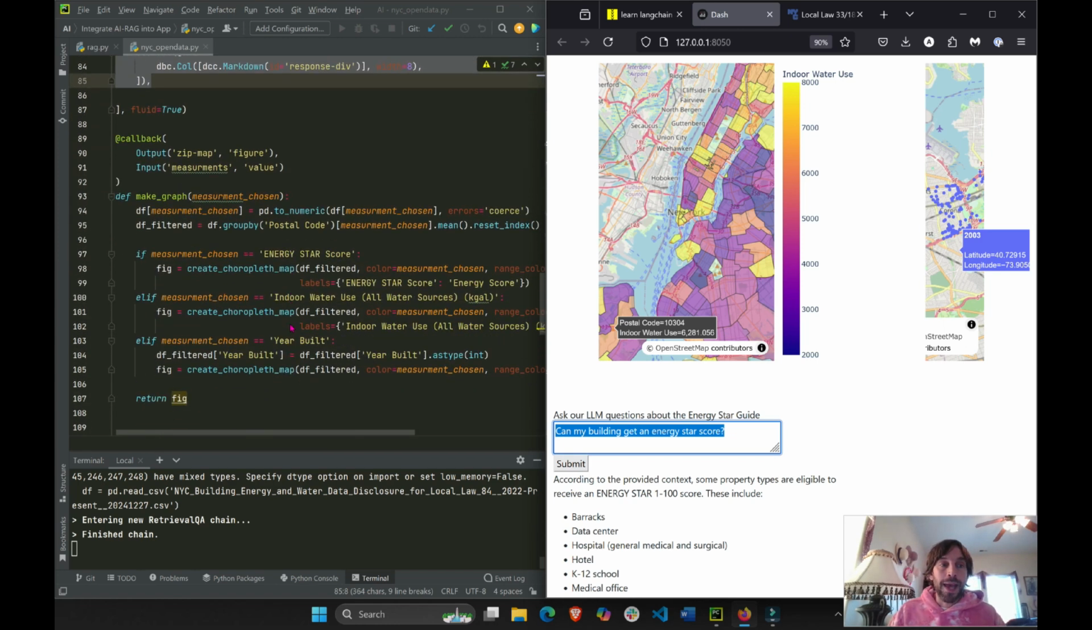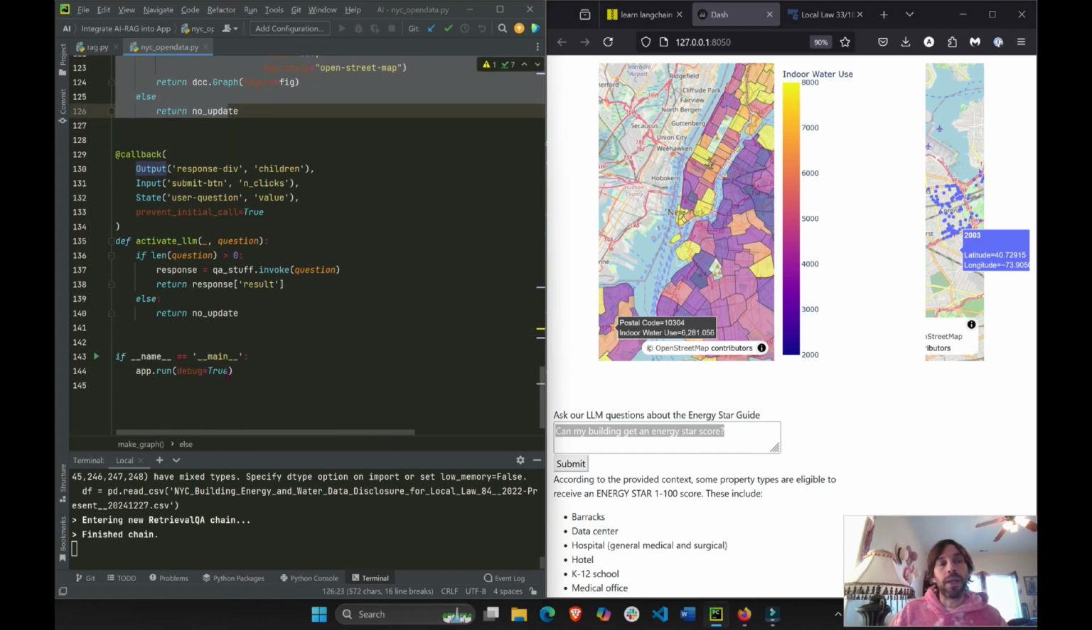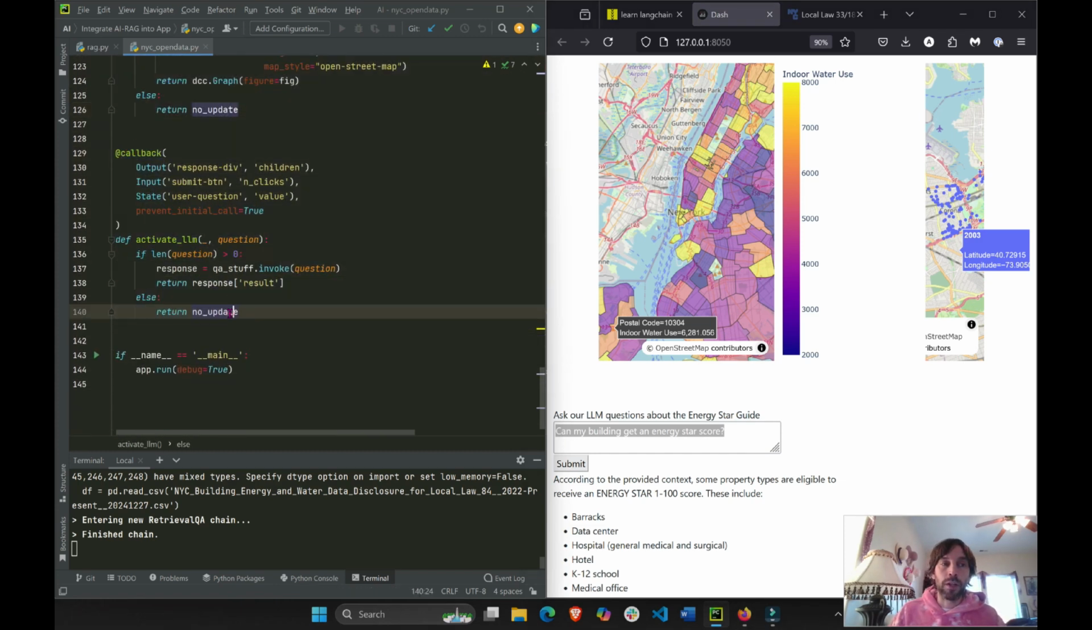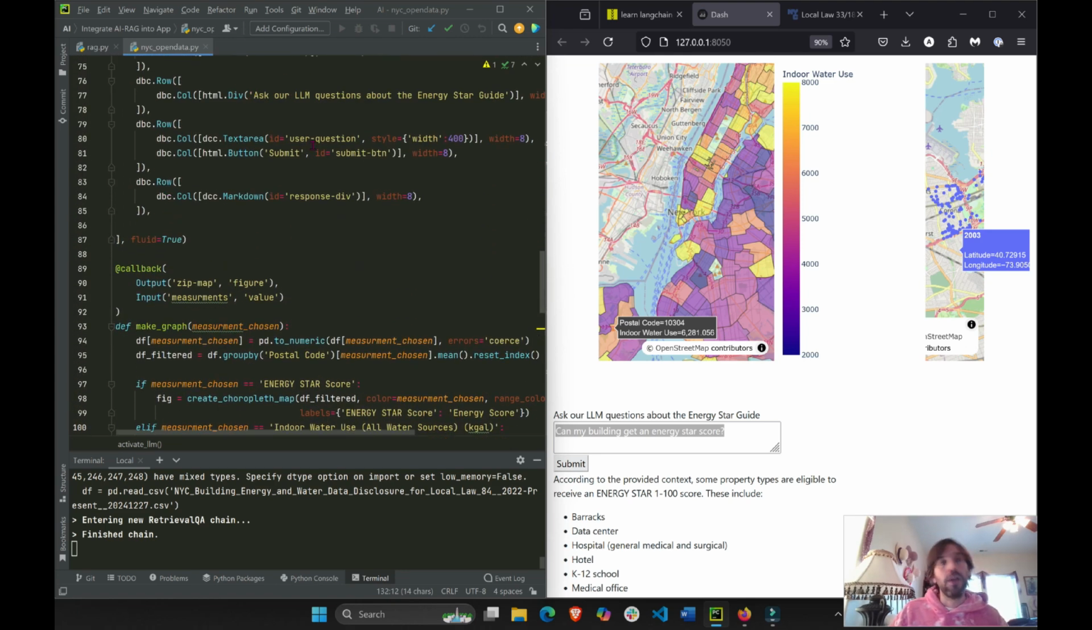And the final thing I added, because this was all in the first video, is this callback. So we're going to listen to the n clicks of the button. Whenever the button is clicked, this callback function will be activated. I'm going to grab the question, or at least the value of the user question. This is, remember, the text box. User question is the ID of the text box. So I'm going to grab the value, whatever is written in here,